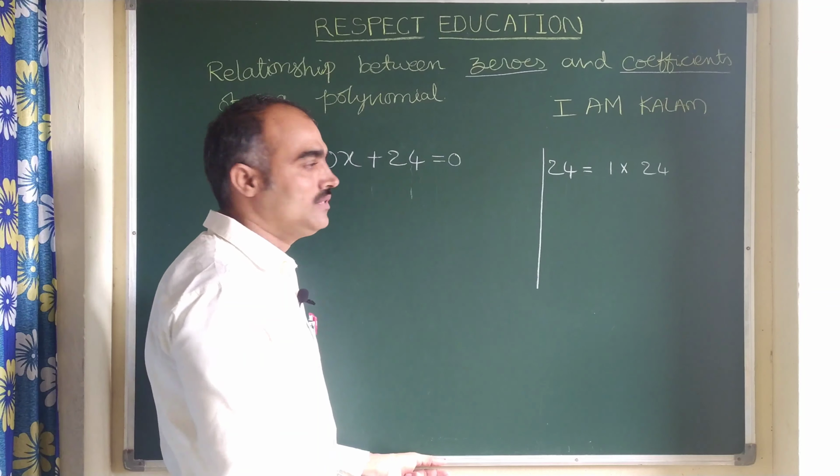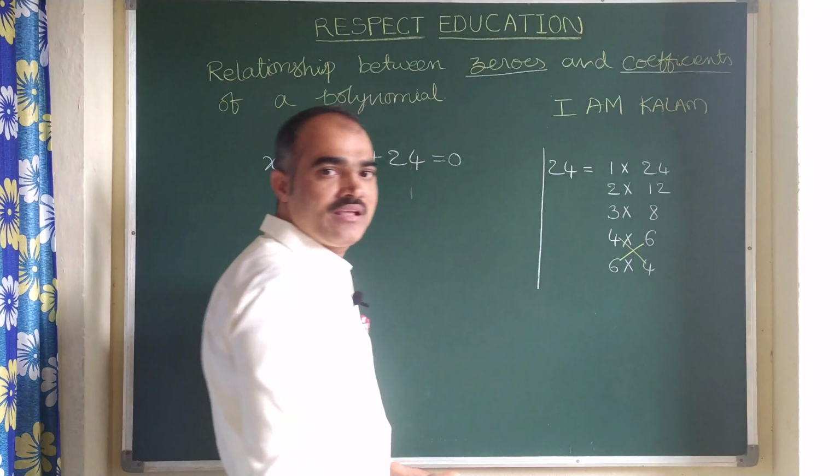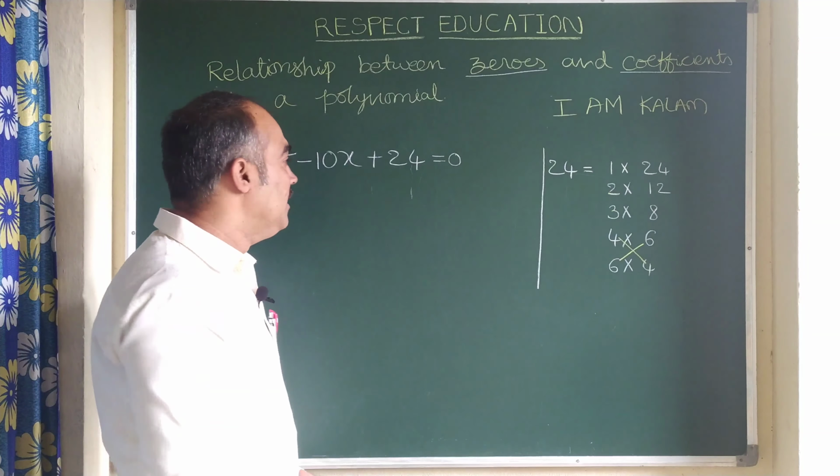Now the second thing. First we have multiplied and written all the factors. Now second, you have to give the symbols for the bigger numbers as well as the smaller numbers, right? How to give the symbols? Here you see x square is there. Before that, which symbol is there? It is invisible but plus is there, right? So here plus into minus, it's very easy. Plus into minus is minus.